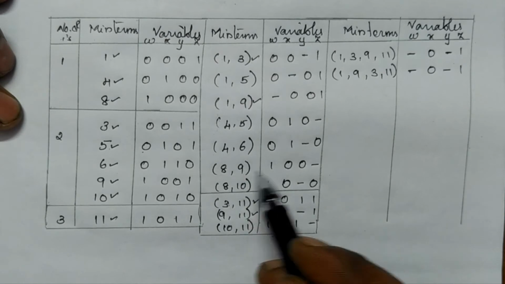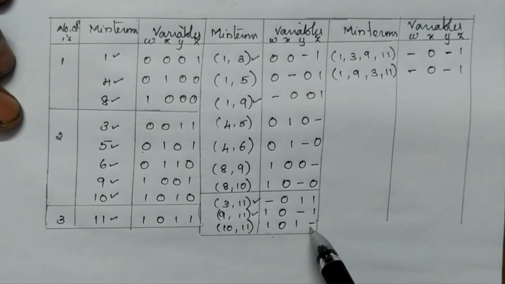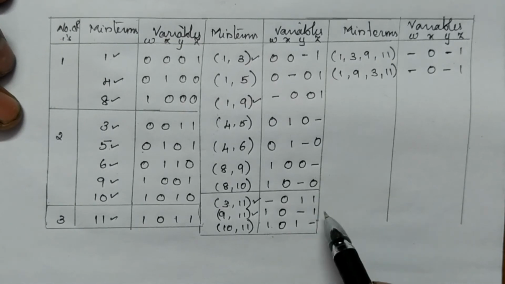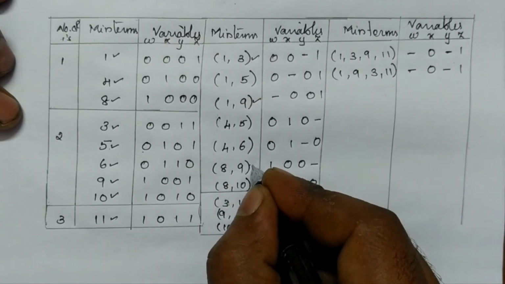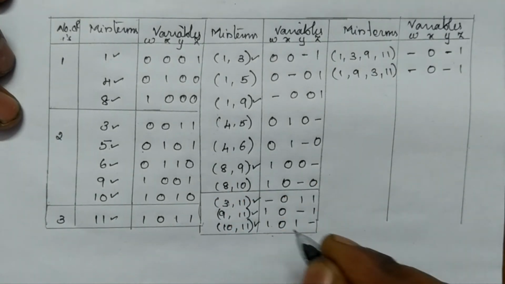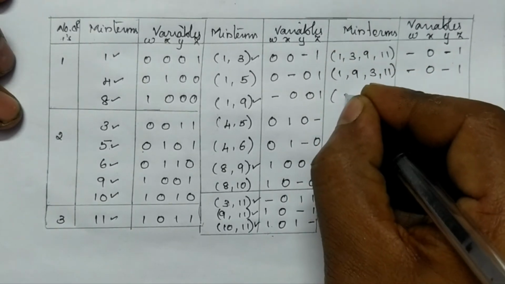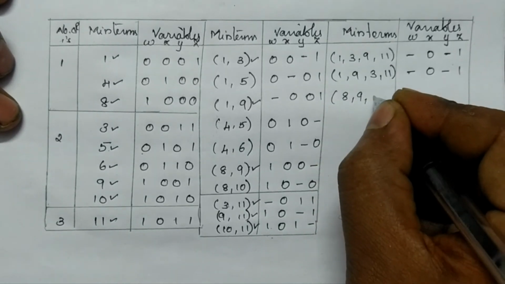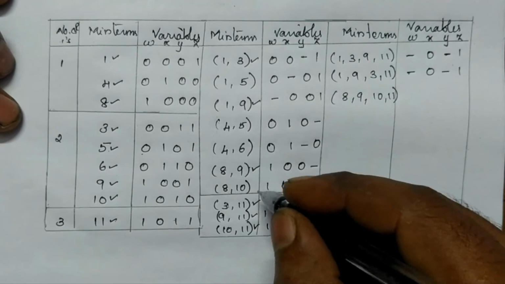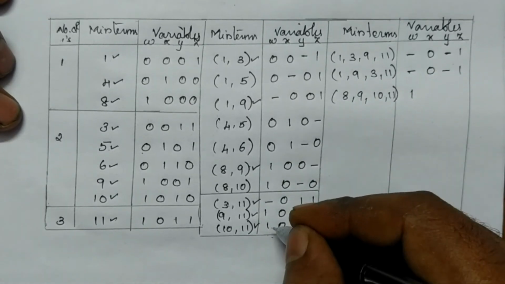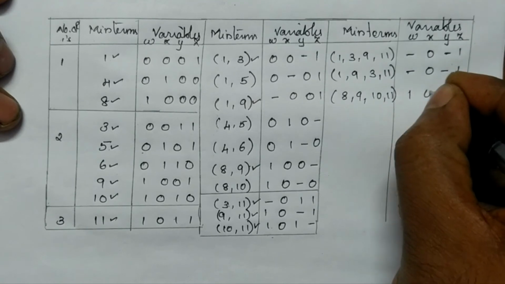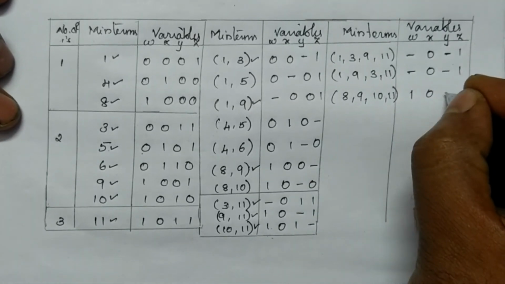Likewise we are going for 8 9, the last position we are having the hyphen. So here also we are having hyphen at the last position. Then we need to check for 1 bit change. So here 1 1, here 0 0, here 0 1 and hyphen. Therefore here also 1 bit change. Therefore we need to tick mark at these three values because we are having only 1 bit change between these two values. Therefore 8 9 10 11, and the values are first digit 1, second digit 0, third digit 0 1 change, therefore hyphen.